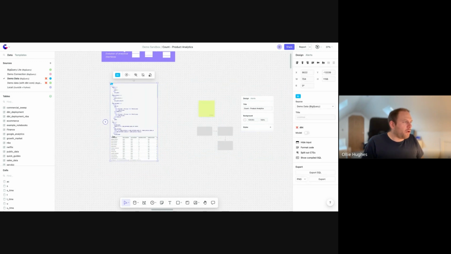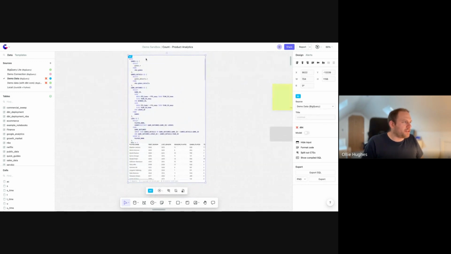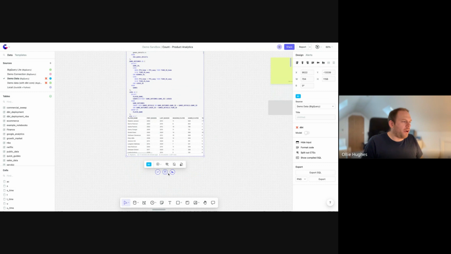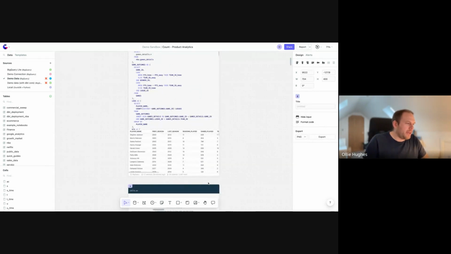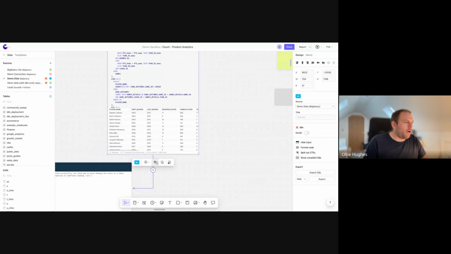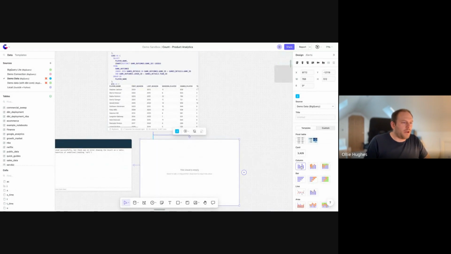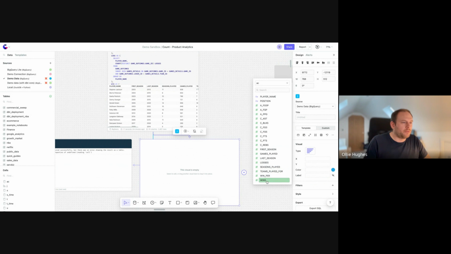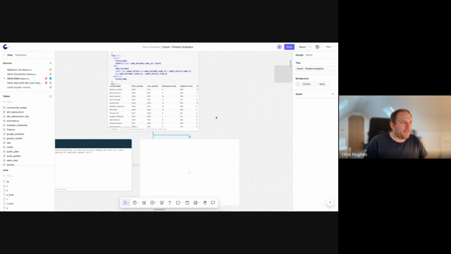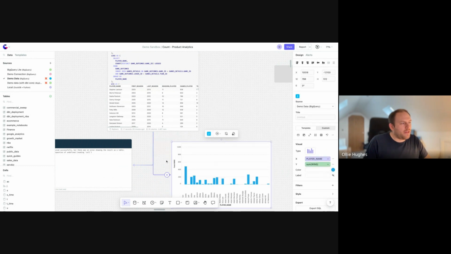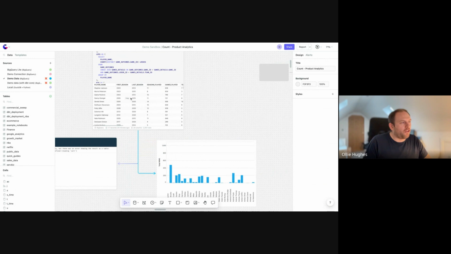To clarify how cells work in a bit more detail, this is obviously a SQL query. It's running on BigQuery. You can connect Count to any cloud data warehouse or any cloud database that you have. But you can write not just SQL, you can also write Python. So you can have a Python cell here. You can build visuals directly within the canvas as well, like a BI tool. You could build a bar chart, for example. I can just map columns directly to different axes here. And as you can see, the big win here is that you're able to take a result from a previous cell and then reuse it again in another cell.